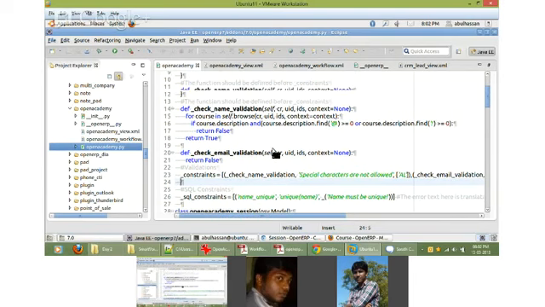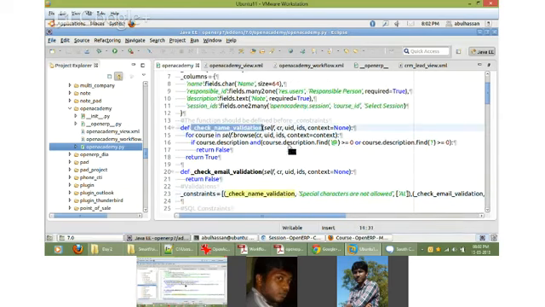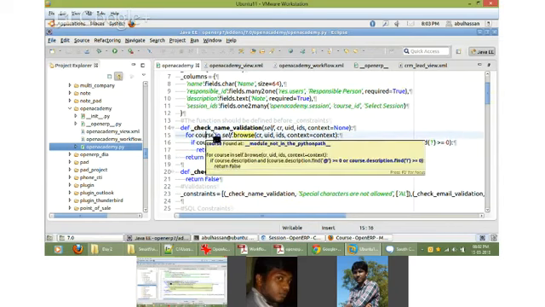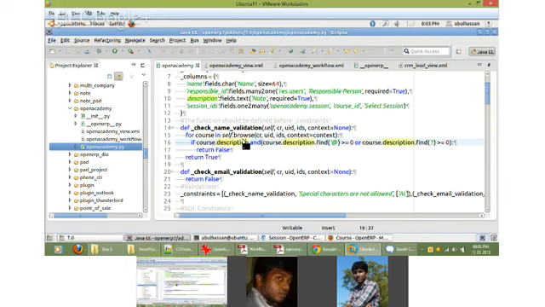See, this is the method which does the validation. When I call this, it goes here. I get the course using self.browse, and then I get course.description and I write the whole thing. Self.browse means I'm going to browse the current model. From the current model, I'm checking; because there is only one record, it will throw false, since I'm in the edit mode. You can understand now, right?